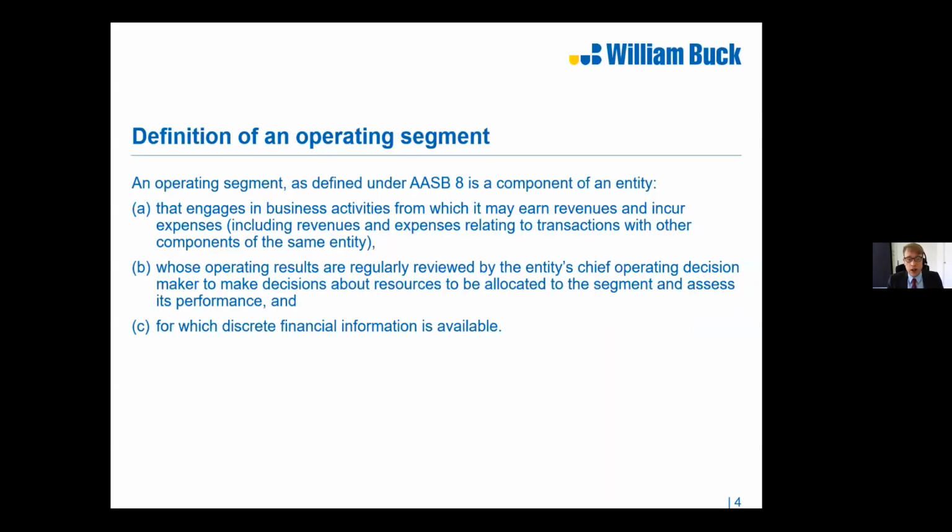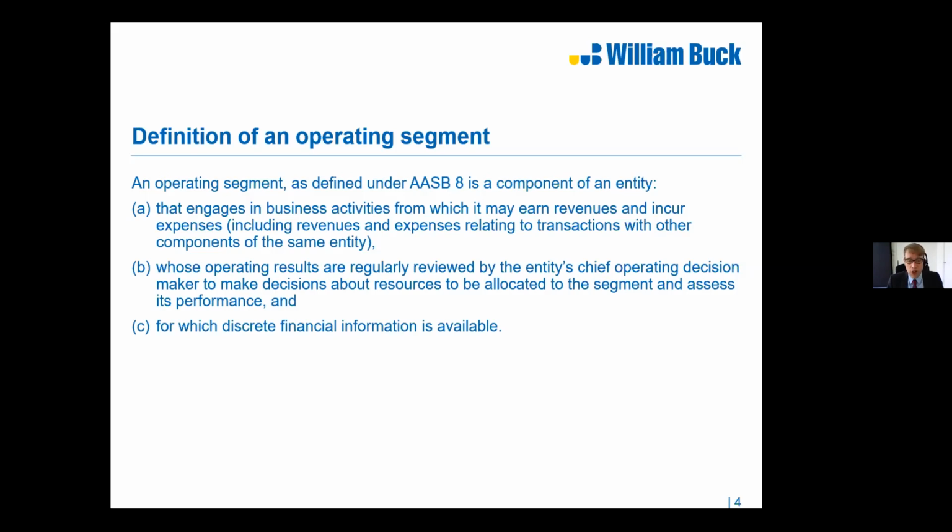Just to give you a brief overview, the key accounting standard where operating segments are defined is AASB 8. AASB 8 defines a component of an entity in the following three ways. It engages in business activities for which it may earn revenue and incur expenses, including revenue and expenses relating to transactions or other components of the same entity. Whose operating results are regularly reviewed by the entity's chief operating decision maker to make decisions about resources to be allocated to the segment and its performance, and for which discrete financial information is available. These are the three criteria that we come up with when we have to try to define an operating